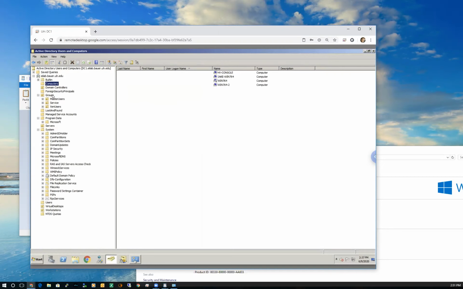Now, if we look under groups here, let's take a look at groups first. I've got under groups something called master users. So these are the users that were originally set up. Danny Wynn was the guy that set up this domain a long time ago. Jimmy Cawley was one of the teachers that used to teach this class a long time ago. And then there's me. So we put ourselves in this group called master users.